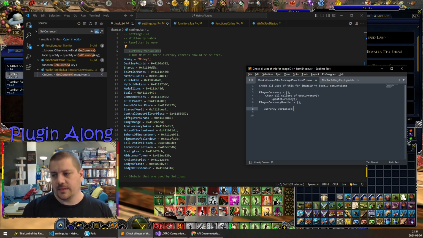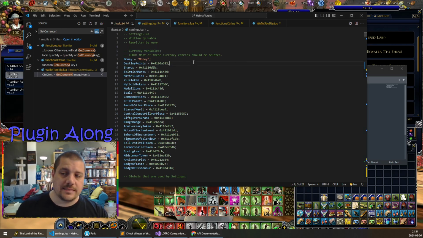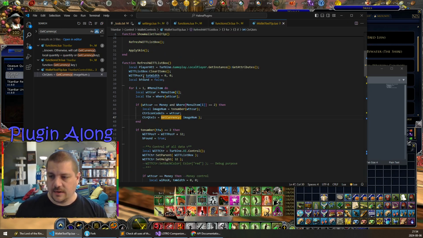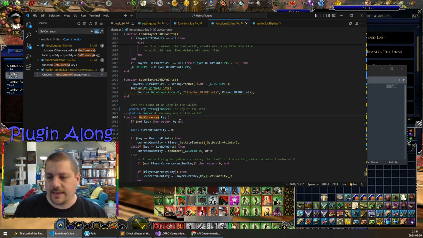Once these are updated, need to change similar to the V10 to V1, V20 table. Okay, so once these are done, menu item will be giving us the thing that we need, and then therefore this, except we can't assume that that's a number. Instead, get currency